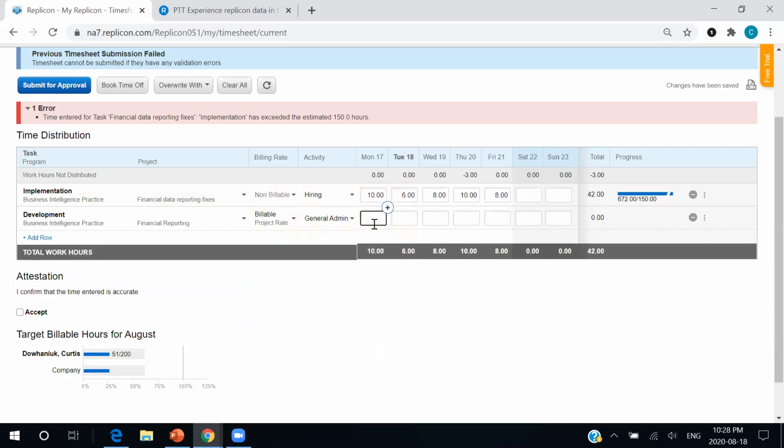And as we enter our time down here, oh boy, Monday, working hard, Tuesday, I work hard every day. What am I talking about? But as we change here, we can see this is actually a billing rate for billable hours. I'm going to give this page a quick refresh, and we'll actually see my target billable hours will adjust here on the bottom. And so this is important too, because we want to keep our resources on the moving path forward. And by having these target billable hours, our resources can know what is expected from them on a given month.